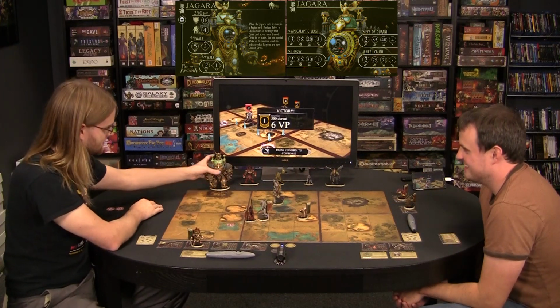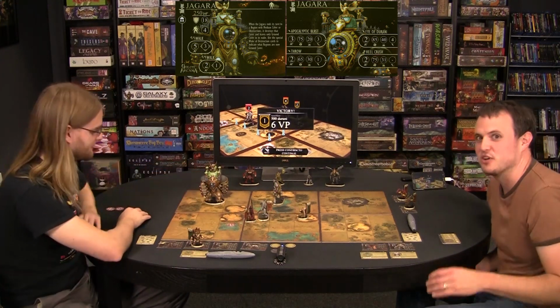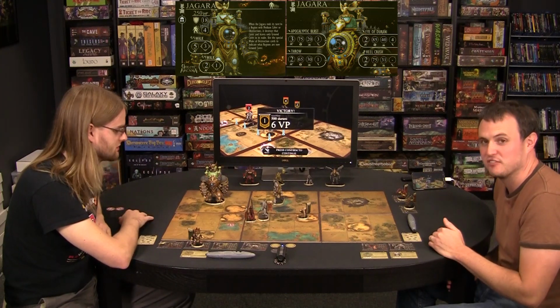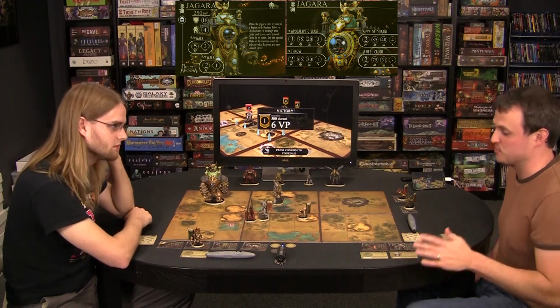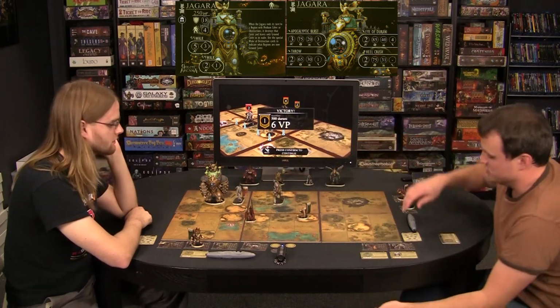So he takes up an entire space. Look at that guy. He's a beast. He's huge, takes up an entire space. In order to melee him, you have to do what's called a charge first. Charge is a separate thing in the game, basically. If you are next to a unit, you can spend...